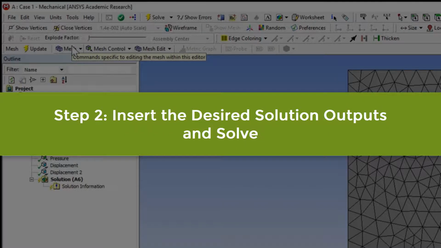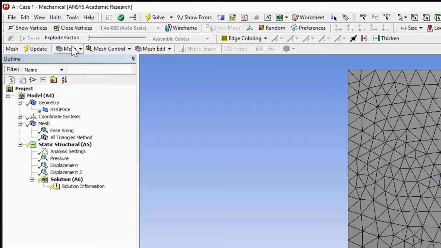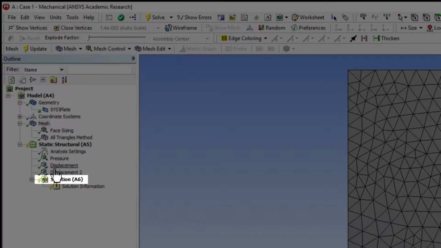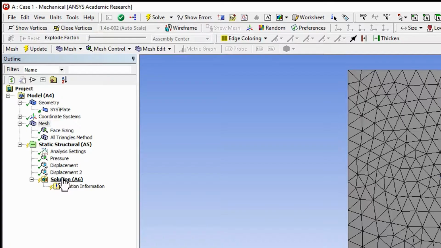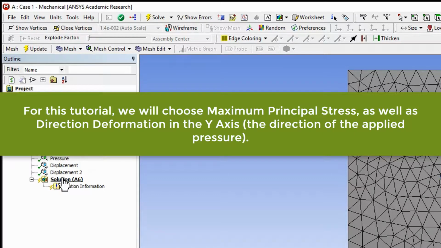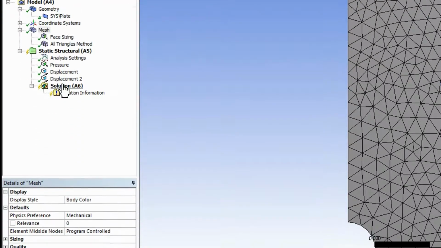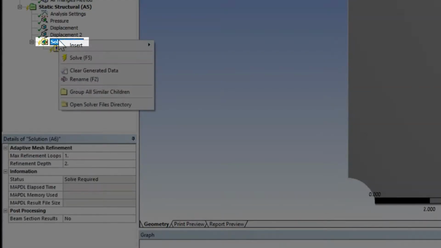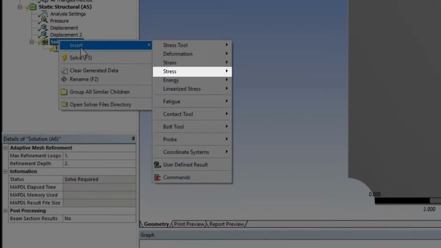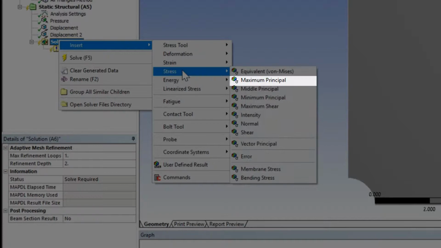Our next step is to insert the desired solution outputs and solve. Right-click on the solution folder under the tree outline and select your desired outputs. For this tutorial, we choose to output the maximum principal stress and the directional deformation in the Y direction. So first we're going to right-click on solution, insert stress, maximum principal stress,